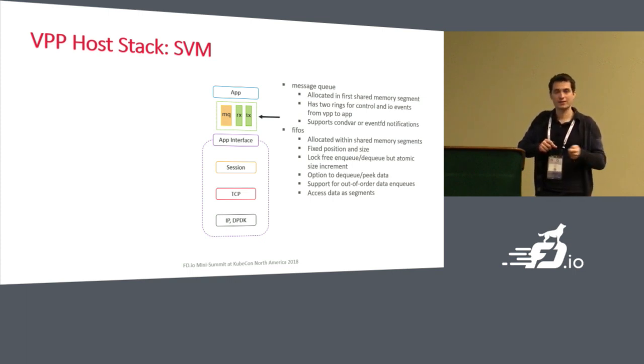the message queue and the SVM queues, both in a blocking and non-blocking manner by either using convars, so we can block and wait for events on the queue with a mutex convar pair, or we can now use event FDs, and because these are FDs, we can add them to Linux epoll, so we can wait asynchronously for events on this sort of queue.